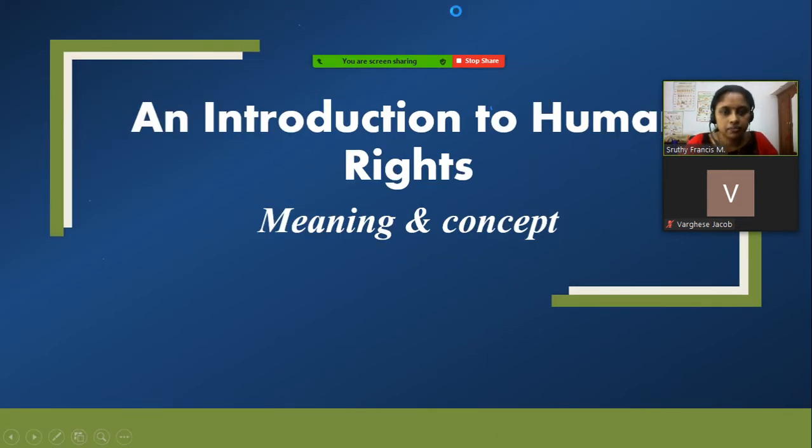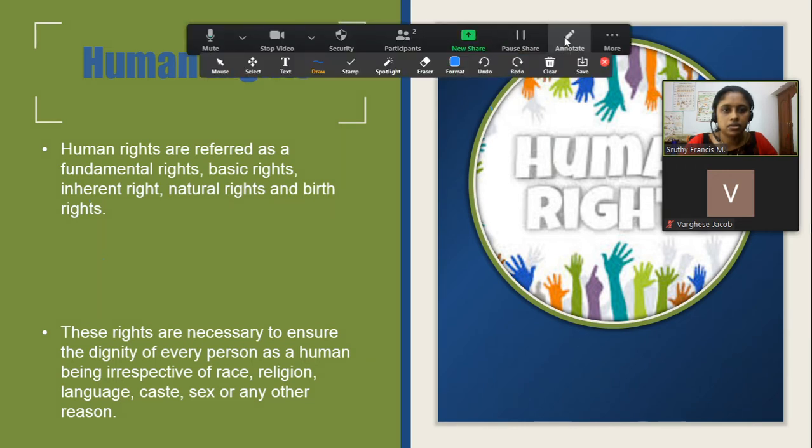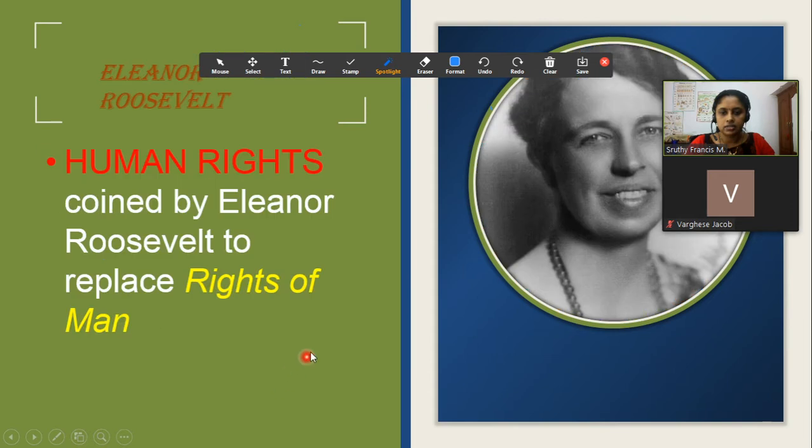Slideshow from beginning, using annotate. I'm highlighting this point.